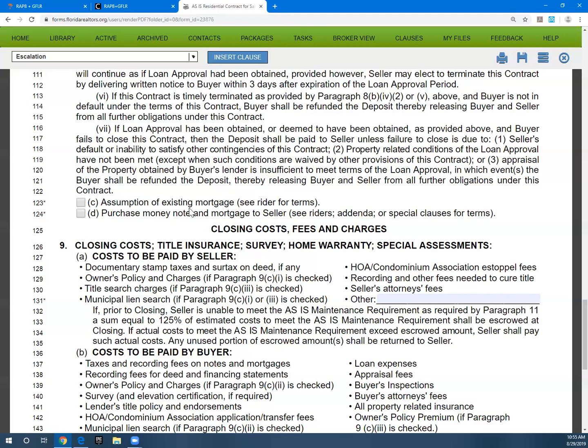You all know there's two types of appraisals. There's an as-is appraisal and a subject-to appraisal. The as-is appraisal means the property in its current condition is worth X amount. The subject-to appraisal means the property is worth X amount after these things are done. In which case,